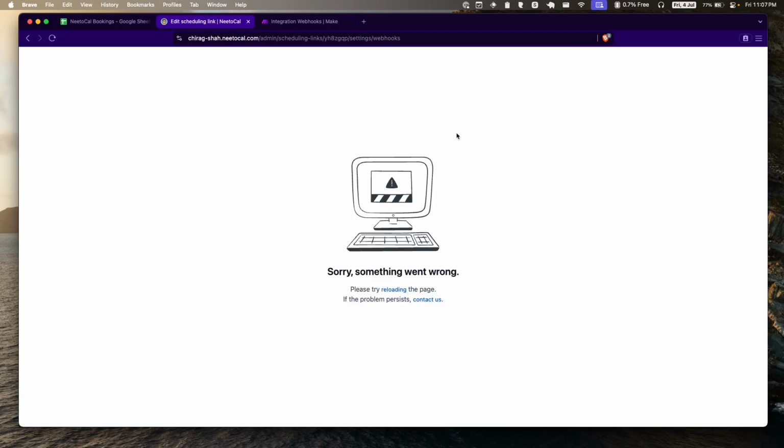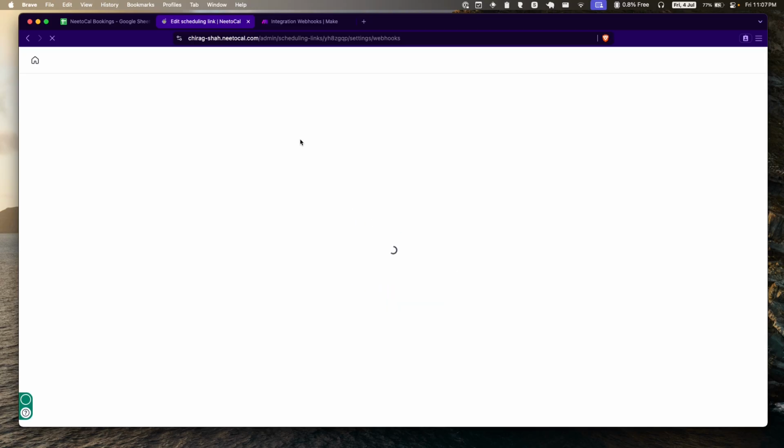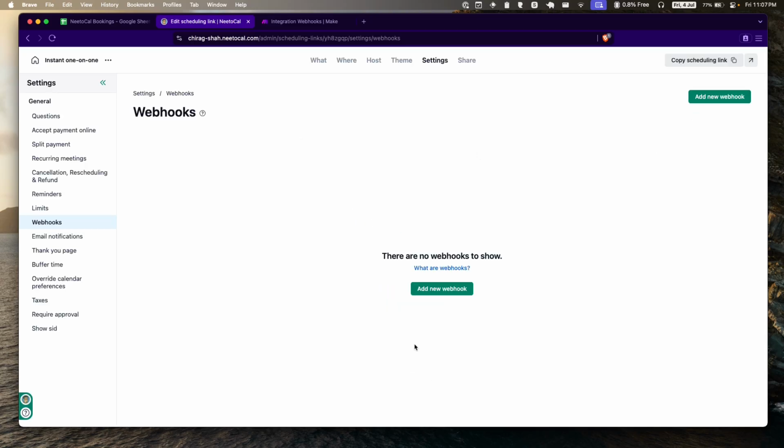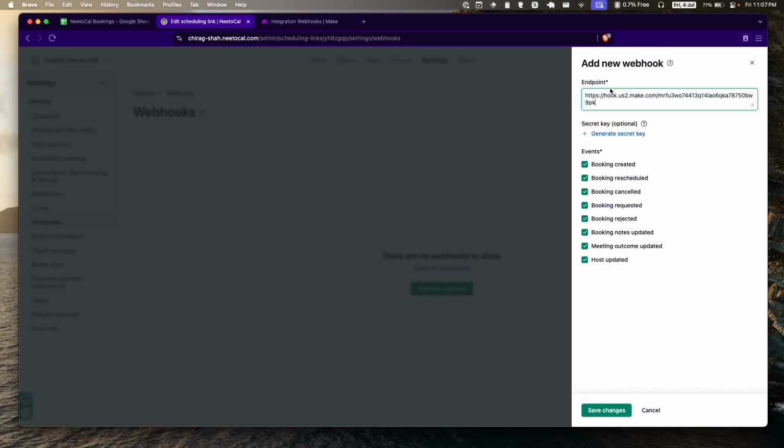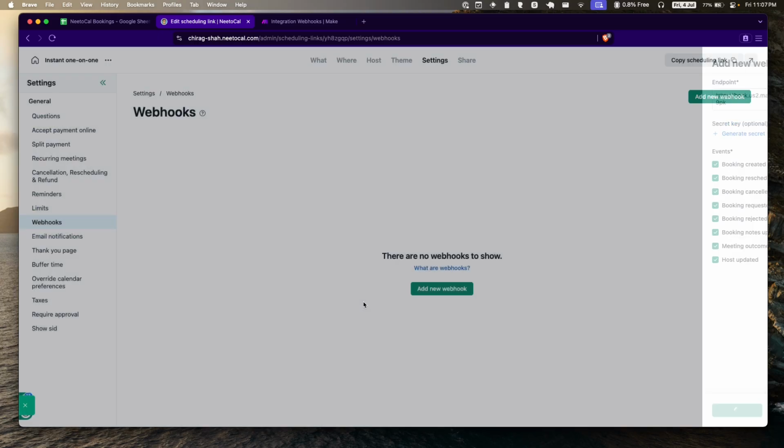Here I can create a webhook. I paste the link, and all of these events, whenever they occur, whenever a booking is created, rescheduled, cancelled, and other things, the booking details or the event details would be sent to this URL where make.com will capture the details. So I hit save,